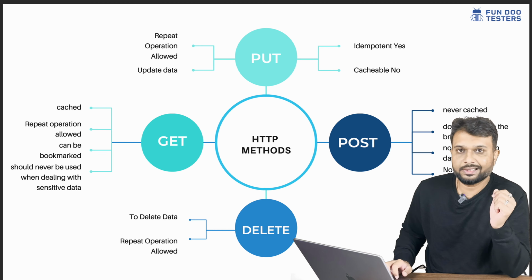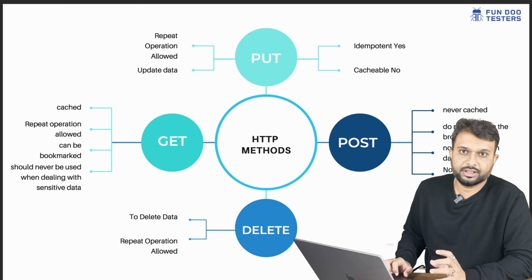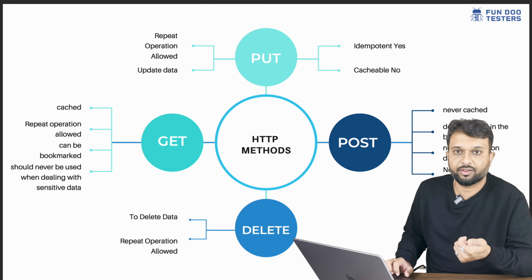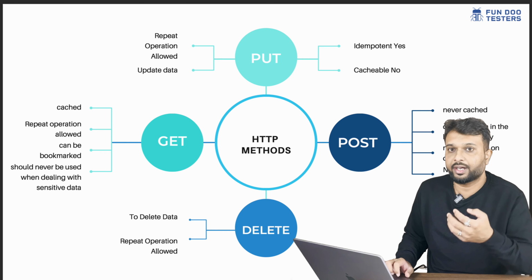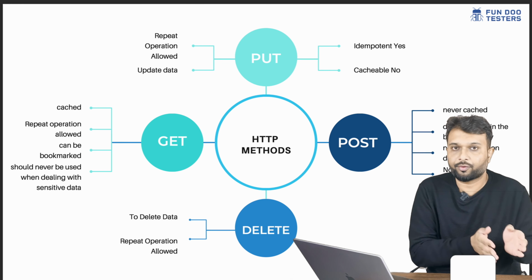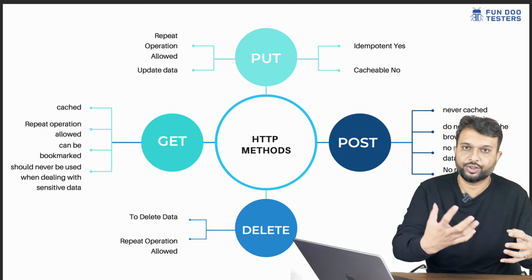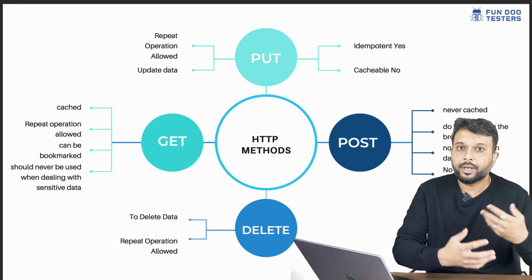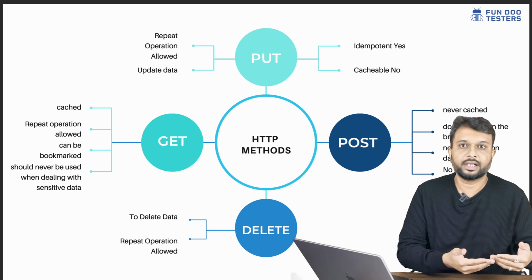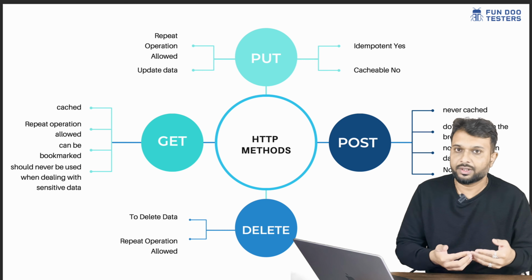So first of all, what is a GET request or what is a GET API? A GET request can be cached. What does it mean? If your device is not connected to the internet and we open Facebook or Instagram, we can see the feed and we can go to the profile, even though the internet is not available. We can still perform some operations, meaning we can view the data, but we can't fetch new data or update the data. Whatever data has been loaded, we can see, which means the data has been cached. So we can say that a GET request is cached.